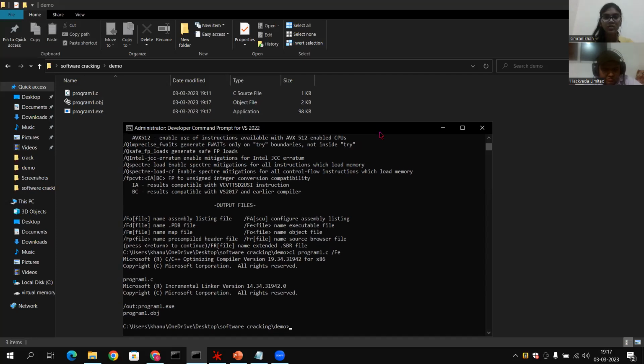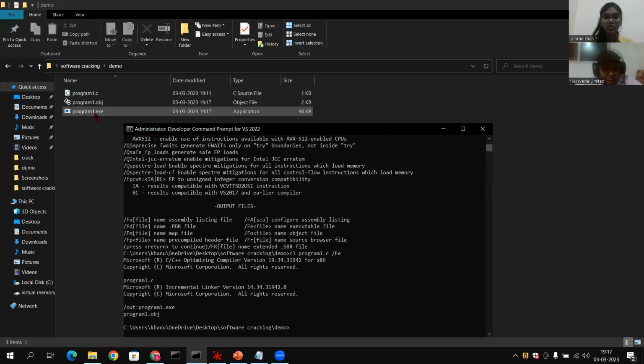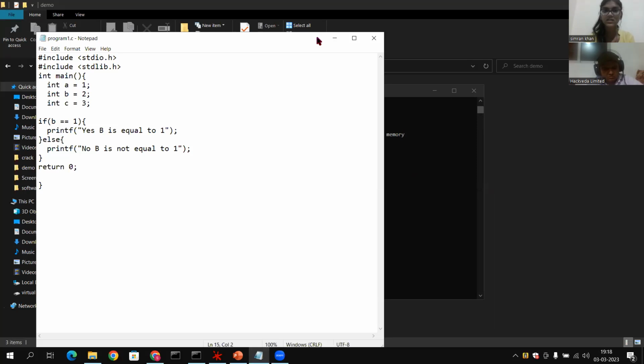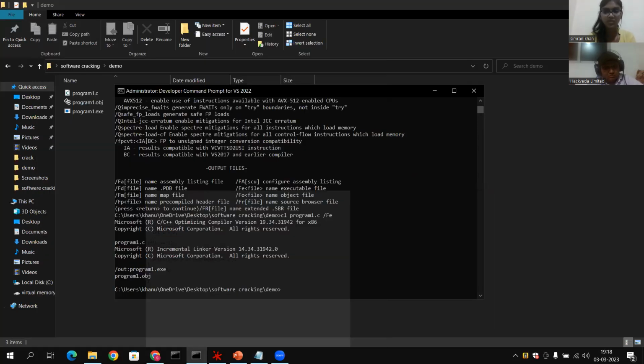In the folder also you can see that we have got our program.exe, means program executable file. Now this executable file, we will open in a disassembler, which is OllyDbg. Here I'm using OllyDbg, which will help us to modify this particular program1.exe without making any changes in this notepad file.